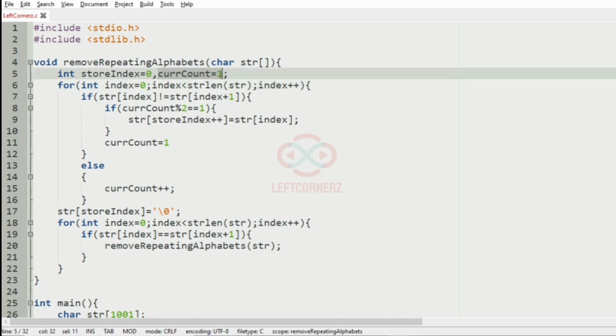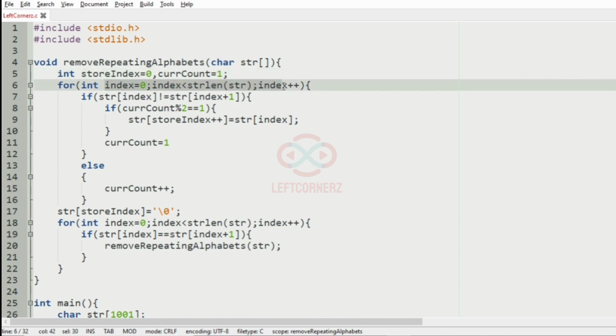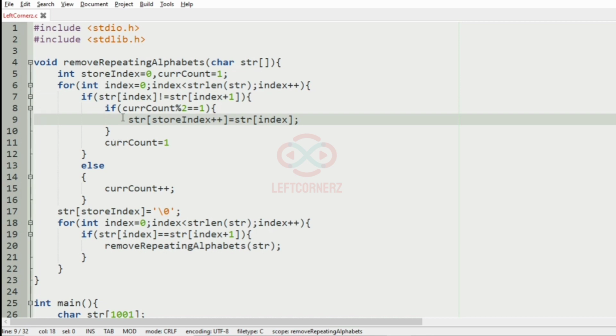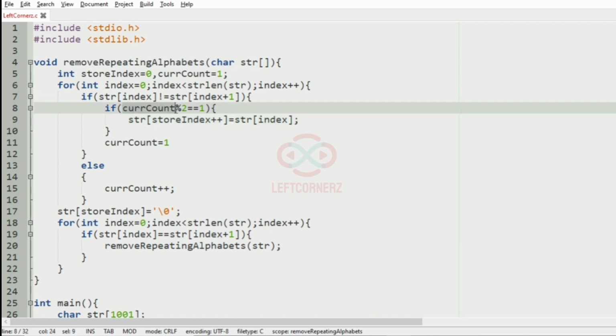So first we are going to have the store index as 0 and current count equal to 1 to count the recurring characters. Then we'll have the for loop to iterate over, and we'll check whether the character is recurring or not. So if it is not recurring, that is if the current character is not equal to the next character, then we are going to check whether it is odd or even.